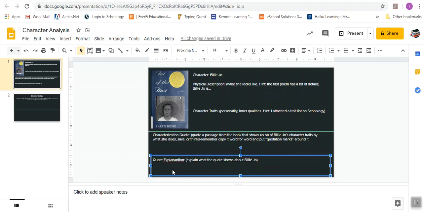So in the next box, that's our quote explanation box, right? Oh, I got a typo here. So on this one, we're going to explain what this quote is showing about Billy Joe, right? So we're going to explain, okay, in this quote, she's thinking this, or she's doing this, or she's saying this. And this shows that she's this way because, right? So you'd say like, this quote shows that maybe Billy Joe is...